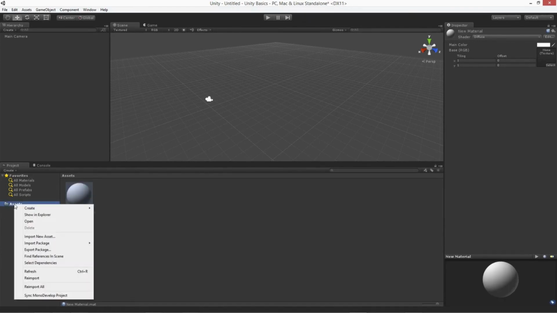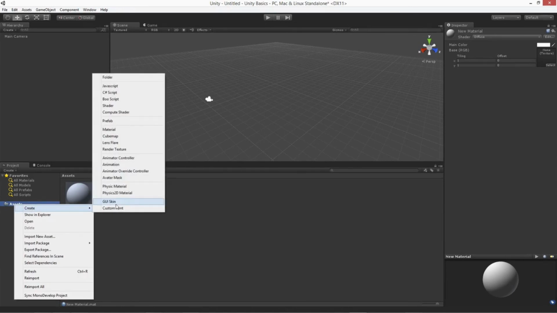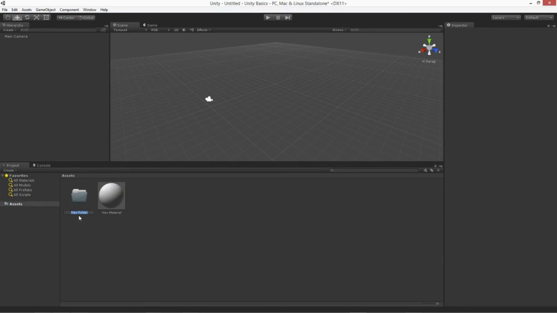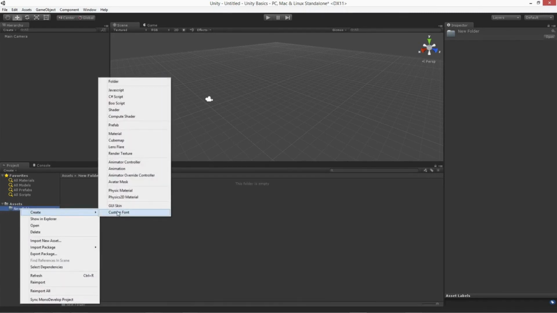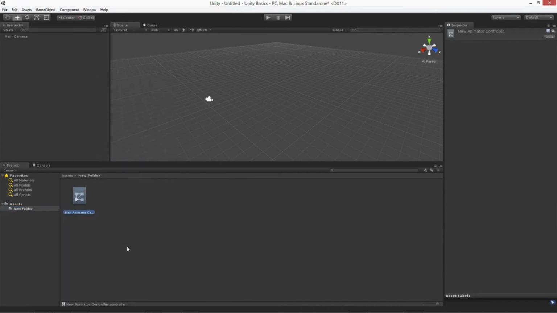We'll even do another one. We'll call this one create, and we'll do a folder. And the folder, let's just say new folder. And then last thing, if we click in here and right click on the new folder, we could do create, and we'll say animator controller. We're not really concerned about what we're putting in, but just to kind of give you an idea of how